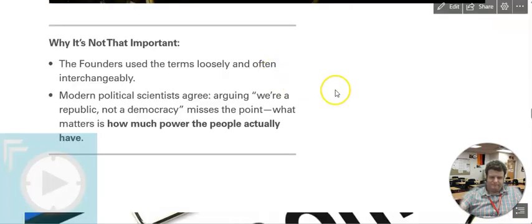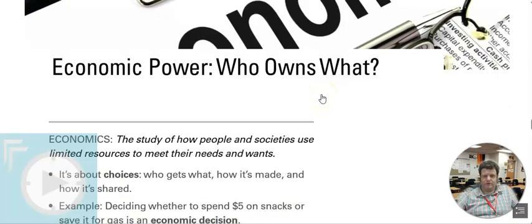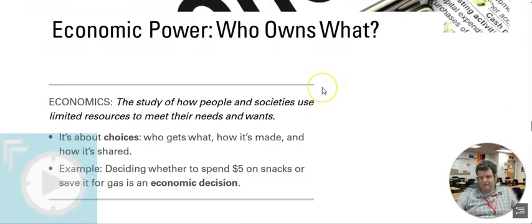But really what's probably more important to our interests is how much power the people have. Is it consolidated into a group like an oligarchy? Is it consolidated into one, or is it a democracy? That's probably where you'd be more interested, and the literature is more focused on rather than the technicalities of two words.